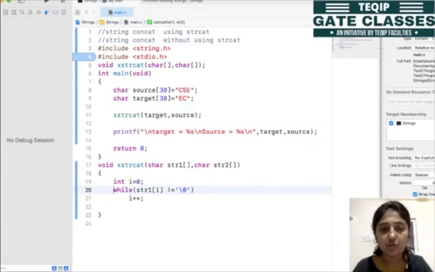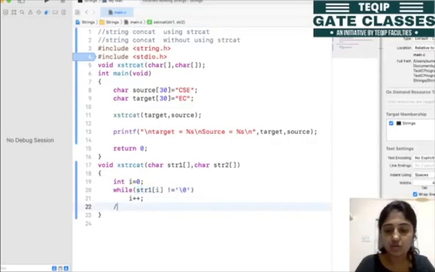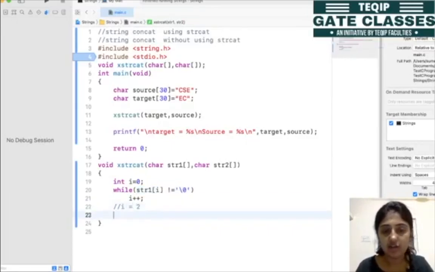Now str1 of 2 is null, right? So the condition not null is equal to not null becomes false. So this condition becomes false with the value of i as 2, for this case only. If we have any other input, then this value will change accordingly.